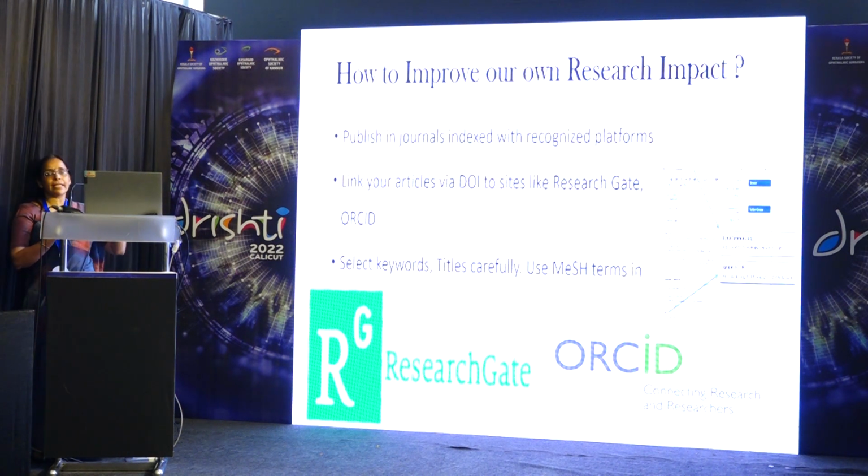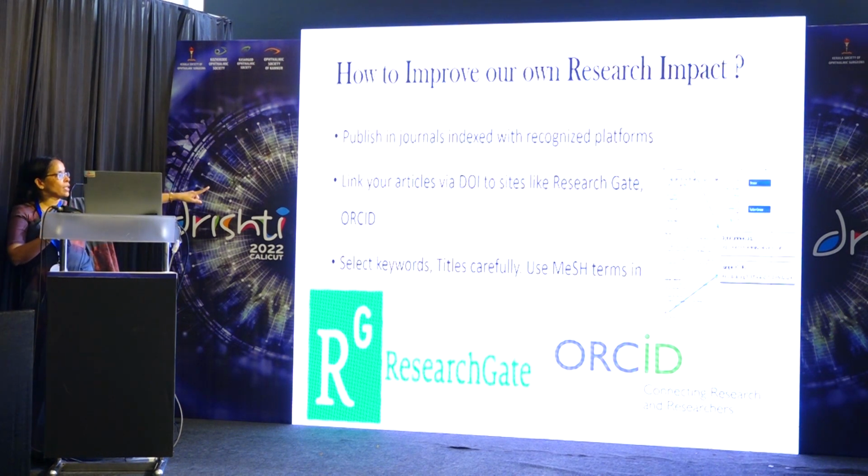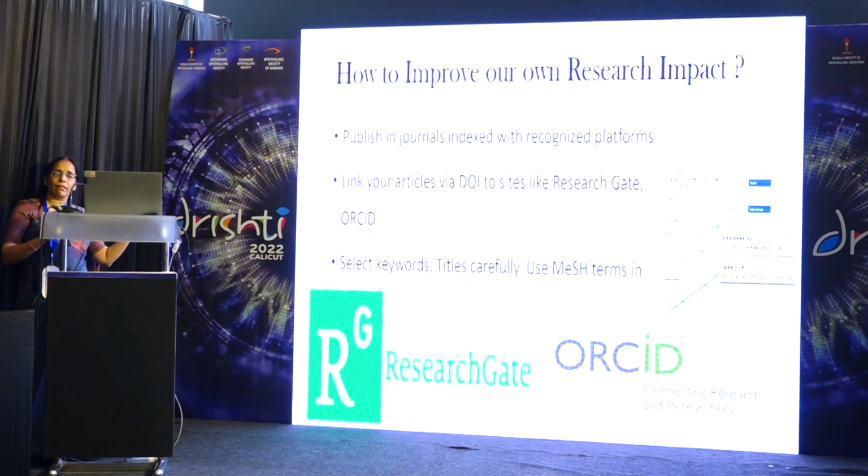Second thing, you should know what a DOI is, a Digital Object Identifier. Each article that you write is put in an electronic database and given a link. If you directly put this link into things like ResearchGate or ORCID, just copy and paste it, this link is linked to your article. So that article will come into your ORCID. ORCID is your personal repository of the articles which you have published. Similarly with ResearchGate. Whenever a person gets your ORCID number, they can get all the articles which you have published simply by the DOI indexing. And it's very easy to put the DOI and just link it.